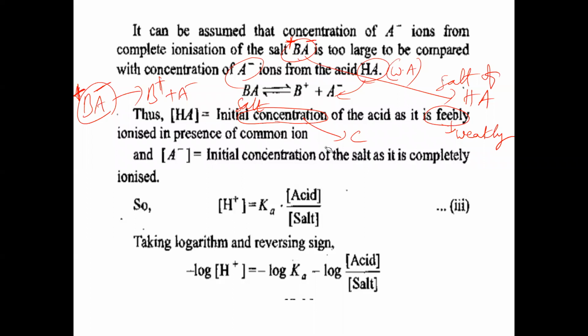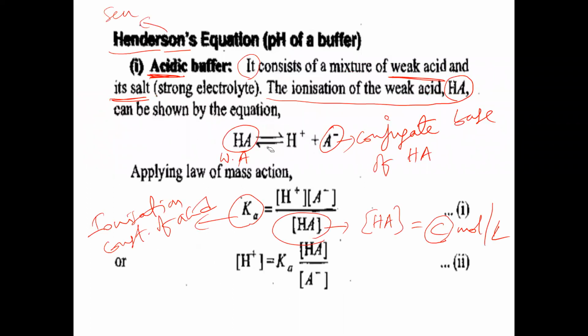Okay, so how did HA dissociate? The previous equation is done. In this case, A minus is coming from BA salt, and this A minus will act as a common ion here. Because of the common ion, the already dissociated molecules will form back again. That means the backward reaction will take place. When we add A minus in the form of salt, the A minus ions act as common ions. That's why, due to the common ion effect, the backward reaction takes place. That means the dissociation of this weak acid will be suppressed still further, decreased.